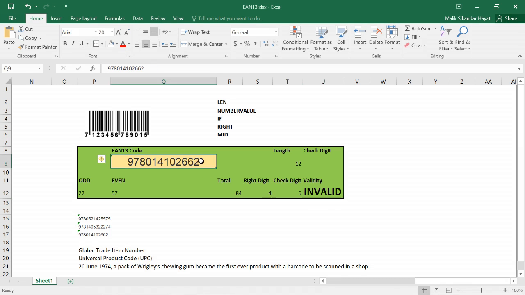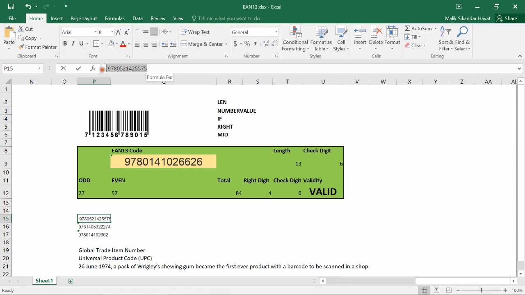So if I put here, let's say 6, it will be 13 digits and it became valid. See here, our test passed. Yeah, like this. If you see here, I put a few codes over here. Let us verify these.